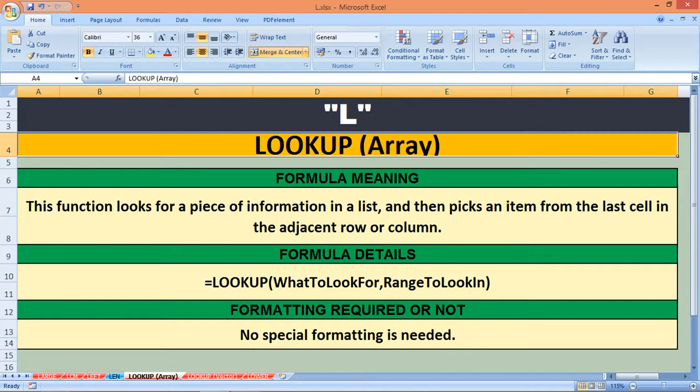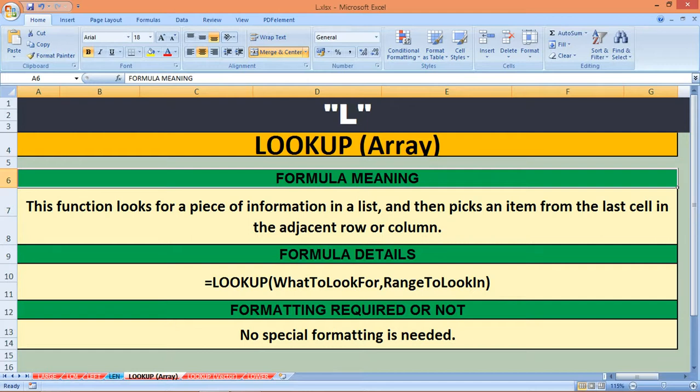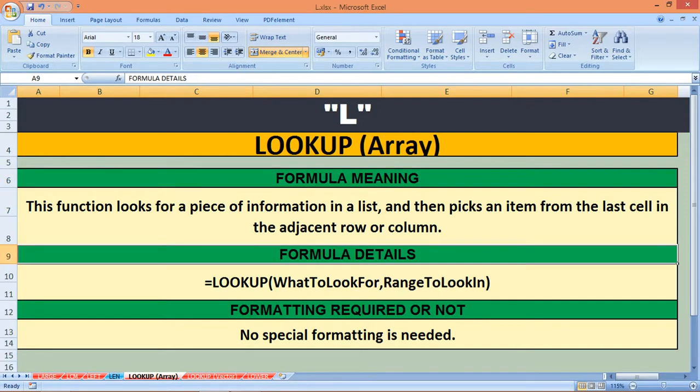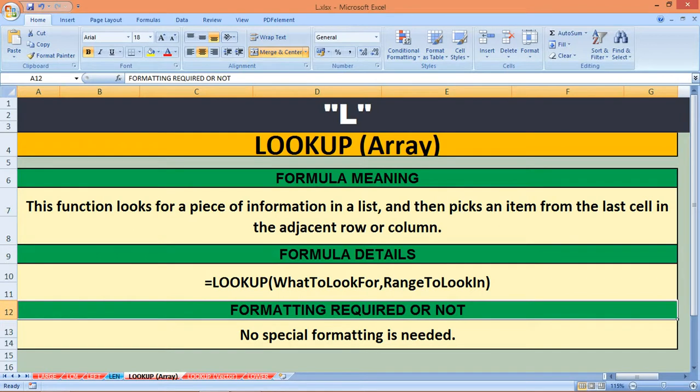Repeating again, this function looks for a piece of information in a list and then picks an item from the last cell in the adjacent row or column. And no formatting is required to perform this Excel formula, and complete details are available in the description box,